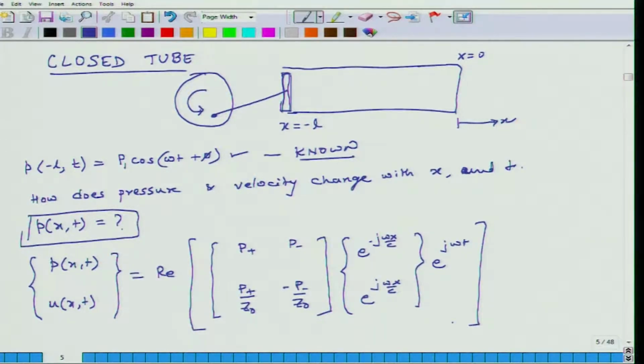Okay. Now in this relation, so these are two equations,